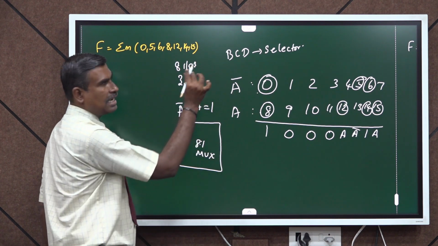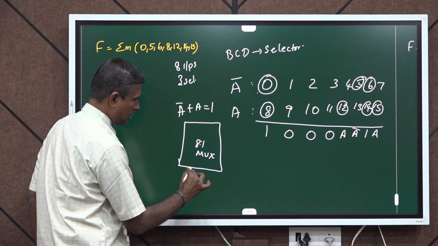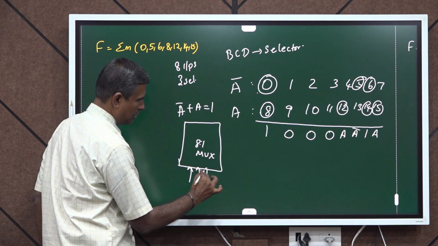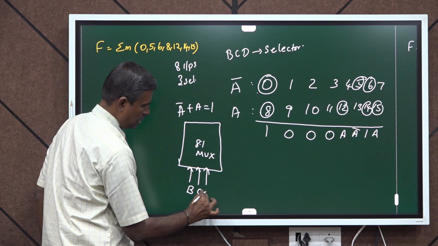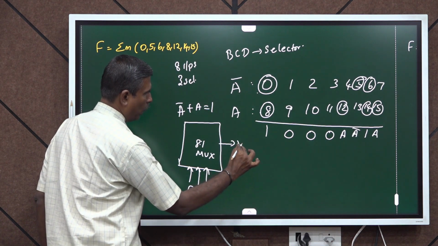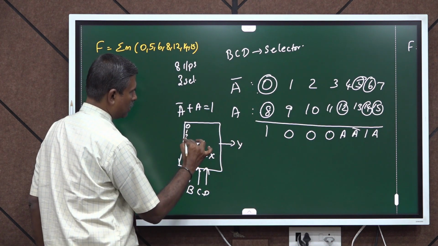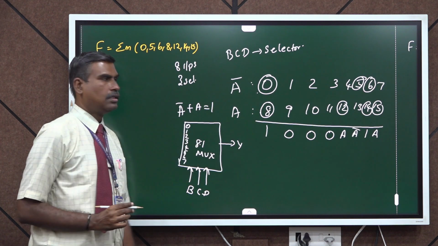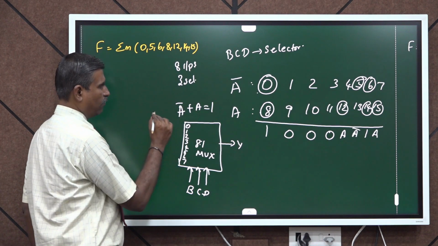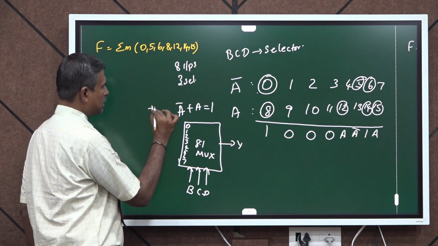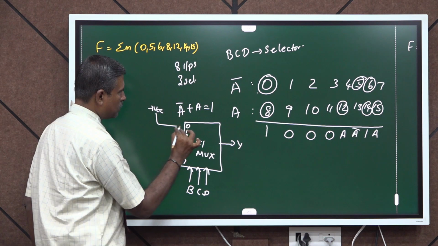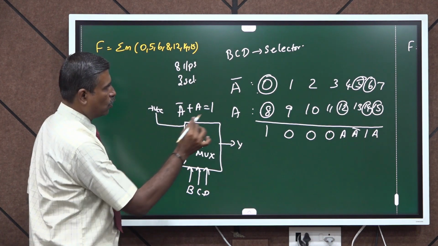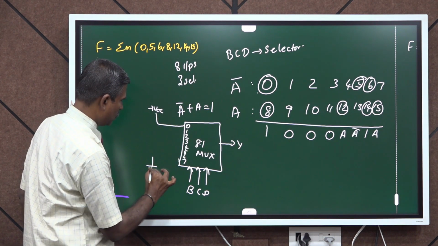So, we have 3 select lines, they are B, C, D, and we are having one output Y. So, 8 inputs are: the first input is 1, which means it is represented by plus VCC. So, we are giving plus VCC to the first one, and 2, 3, 4 are grounded since it has a